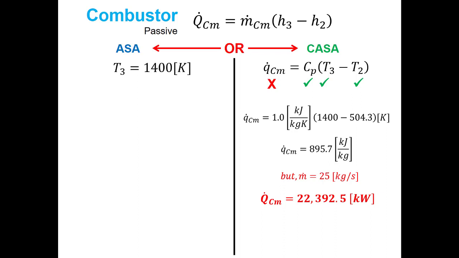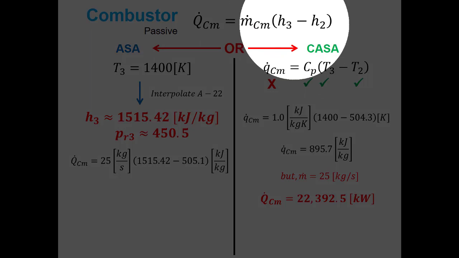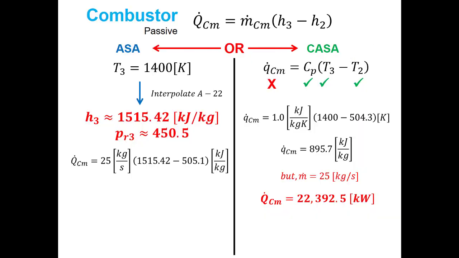I can do this by assuming variable specific heat because I know that T3 is 1400 Kelvin. I interpolate on table A22 to find H3 and PR3. When I do that, I can put that into this equation because now I know H3 and I knew H2 from before, so I can put that into my system, multiply by 25, and when I do that, I find that the heat transfer rate into the combustor is